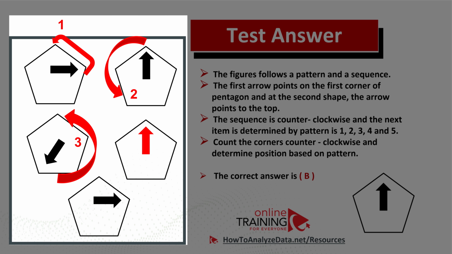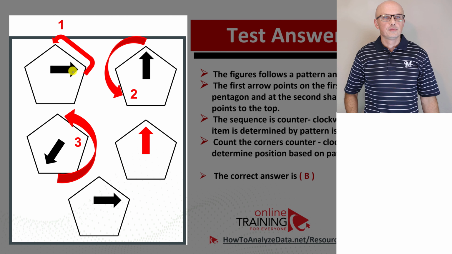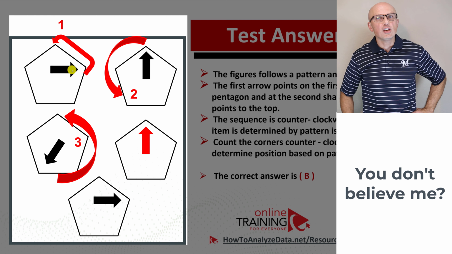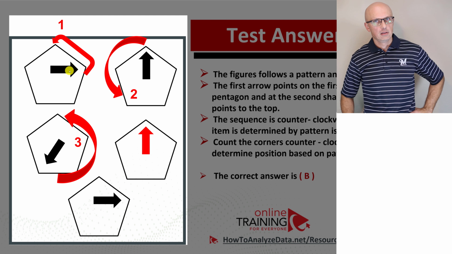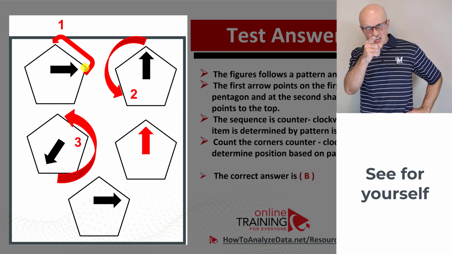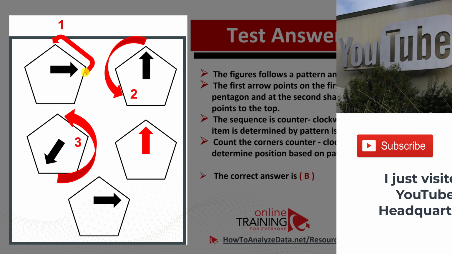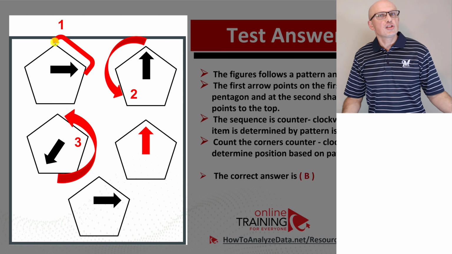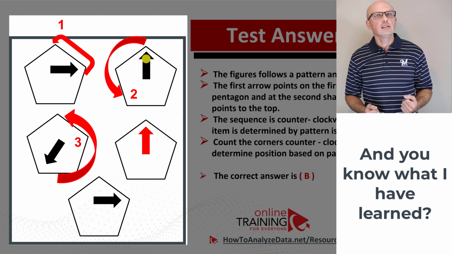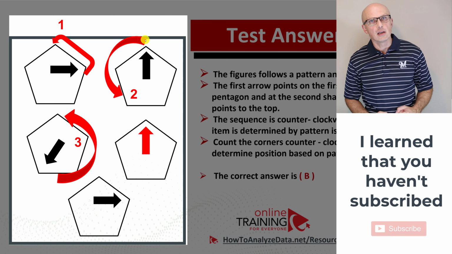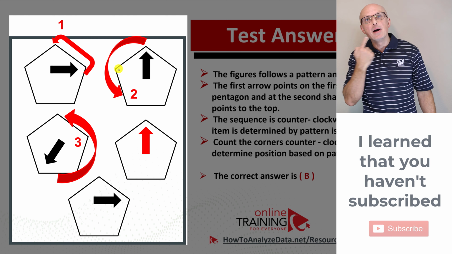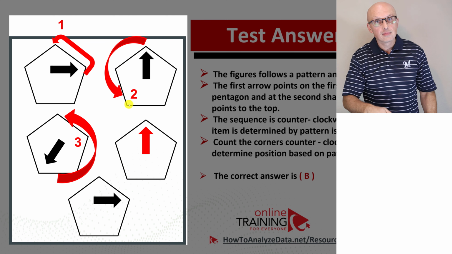To determine the position of the next arrow, we need to determine the pattern. As you can see, the position of the arrow in the next figure is determined by the sequence number. For example, in item 1, the arrow points to 1 o'clock, to the first angle of the pentagon. For the second position, you need to move counterclockwise and move it into the next corner. For the next one, you need to move 2 steps, because the sequence would be 2, because this is the second shape. And once you move 2 steps, you get to the 8 o'clock